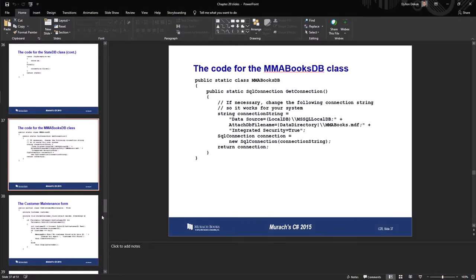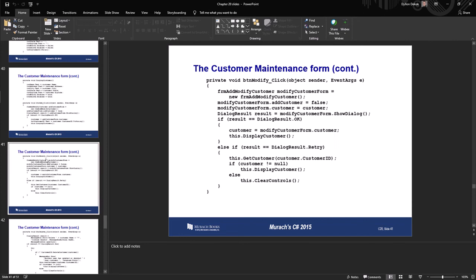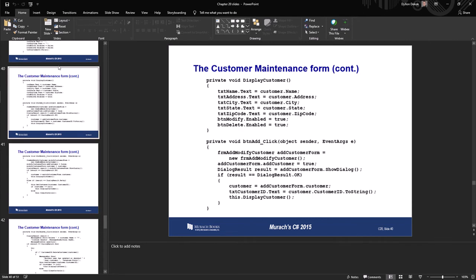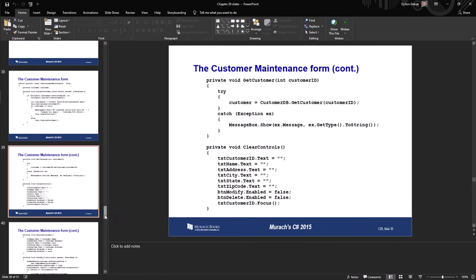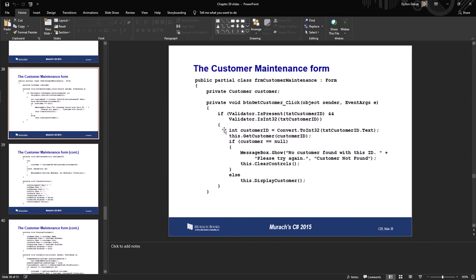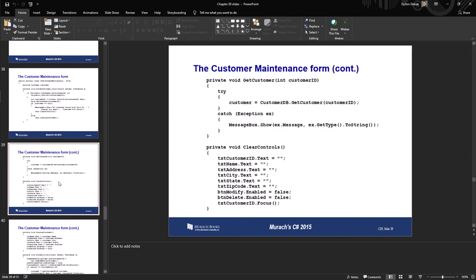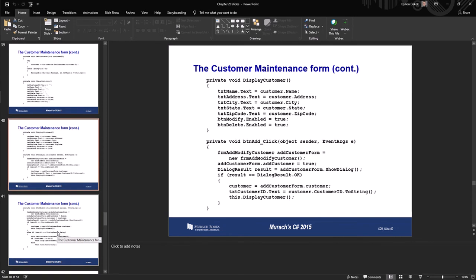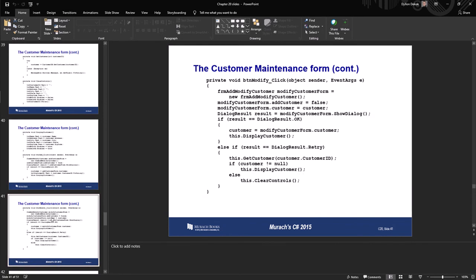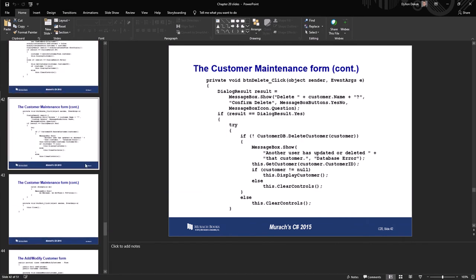Another thing I wanted to mention in this PowerPoint slide, there's a lot of code in here for you to use. That's essentially the exact same application we're writing with the product maintenance application. So this is a customer maintenance application, and you'll see here there's button clicks, which is already coded for you. A lot of it's coded for you. They'll have some comments in there that you'll need to insert some code. But a lot of this code is already written for you. What you need to write is the interacting with the database via ADO.NET,